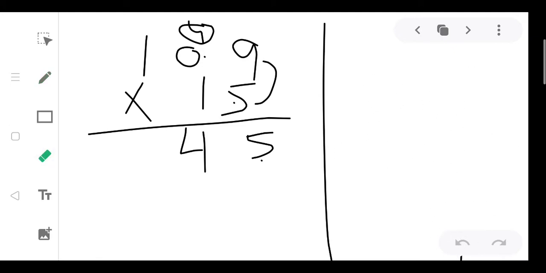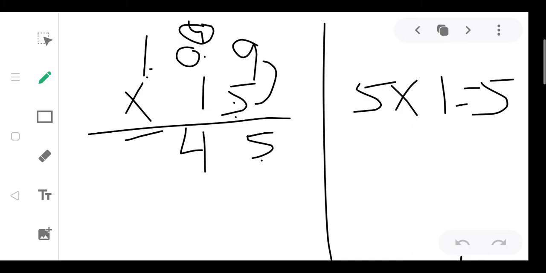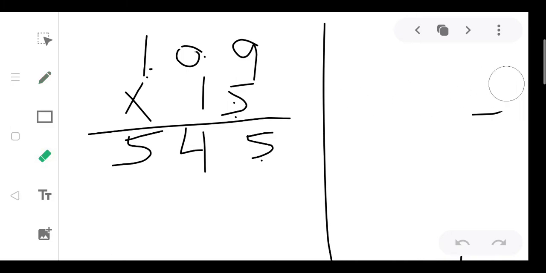Now we will multiply 5 by the 100's place digit. 1's place digit we will multiply by 5. 5 ones are 5, and that 5 we will write here. Now the multiplication by 5 is over. That carry also we will remove because we have to write the next carry here. We will erase the rough work also.